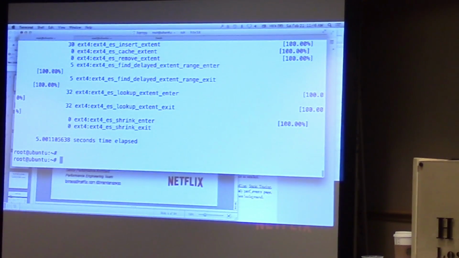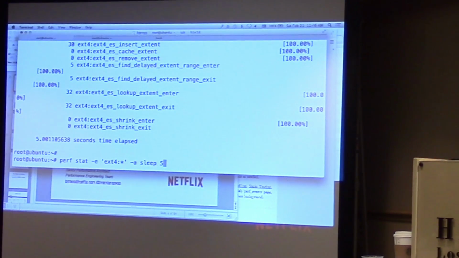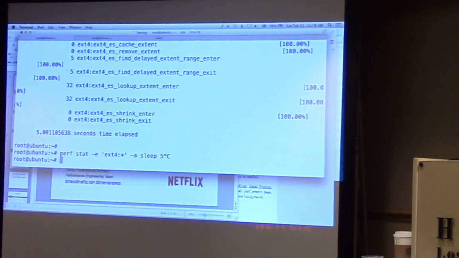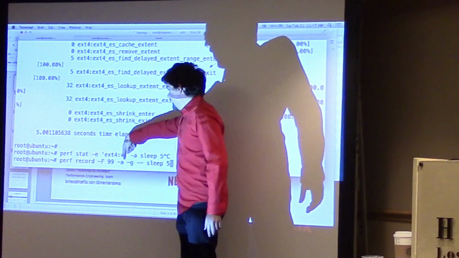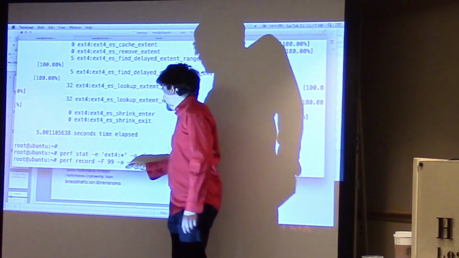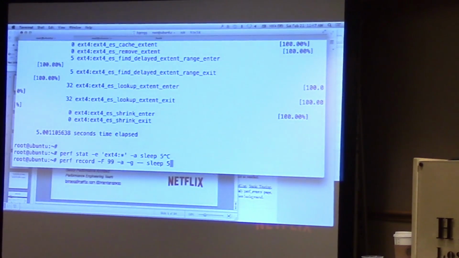What I really want us to learn, however, is not counting events in the kernel. The main thing to learn is CPU profiling: looking at the stack traces of why we're consuming CPUs. For that, I will use a different mode of perf. I'm going to record at 99 hertz. So -F 99 means record at 99 hertz, -a for all CPUs, and -g will record the call graph or stack trace. Perf record operates in a different mode to perf stat.